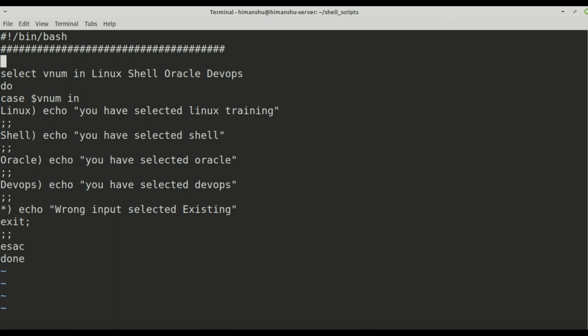I will export PS3, that is an inbuilt variable, and I will set it to something like insert mode, please select any number, okay, in colon double quotes, and I will save it.